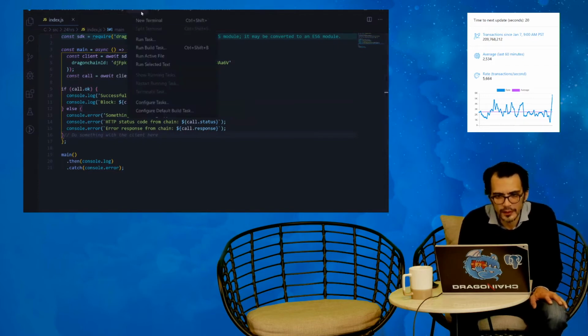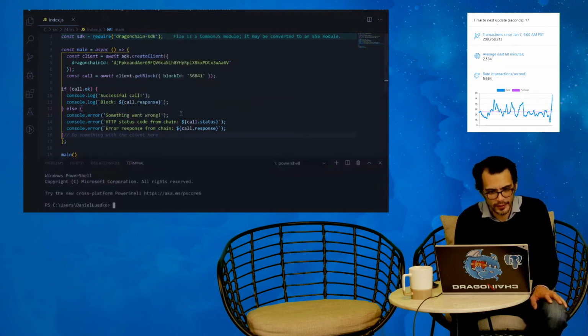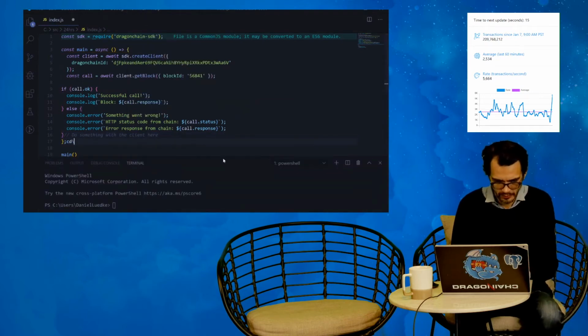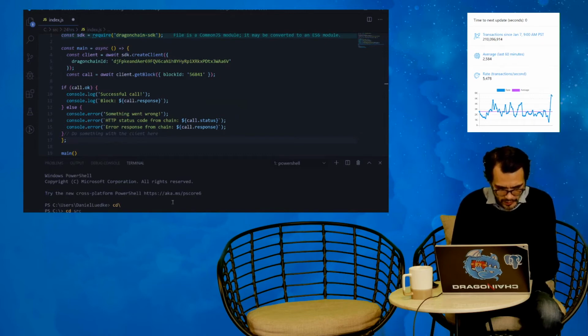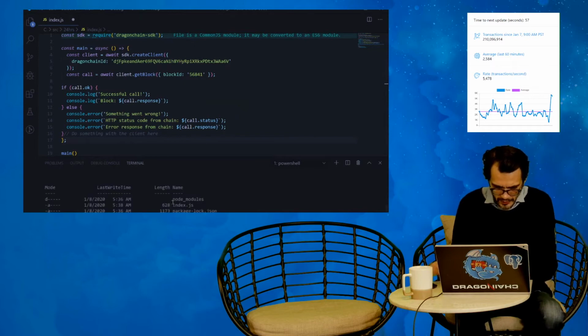There we go, and then I'm going to open up a terminal. Switch over, and we're going to move over to the source directory, the 24-hour directory, and we have this index.js. I'll go ahead and do node index.js,